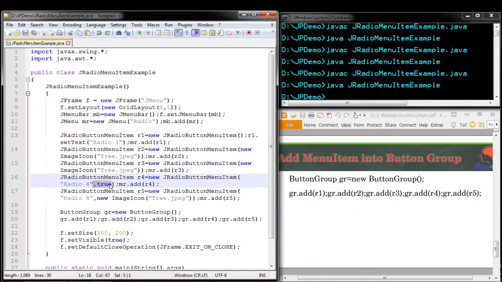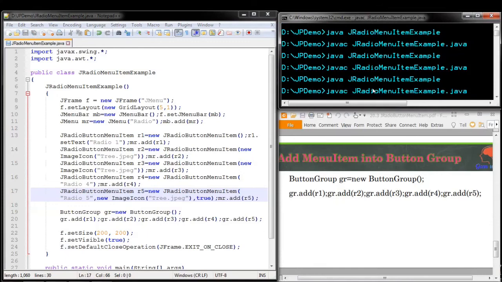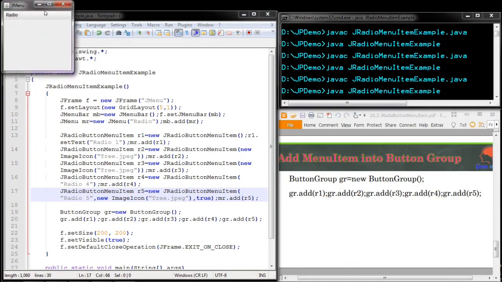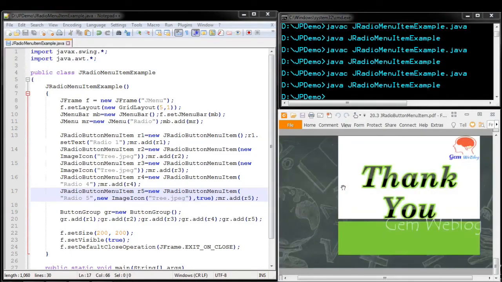Similarly, we want to give the true option for this one. We can see the last option has been selected. Thank you.